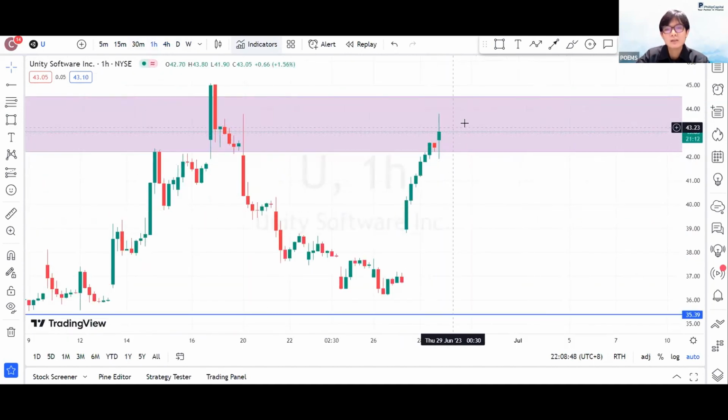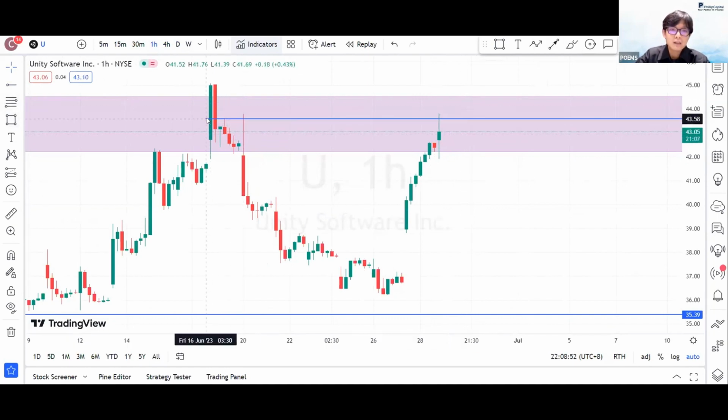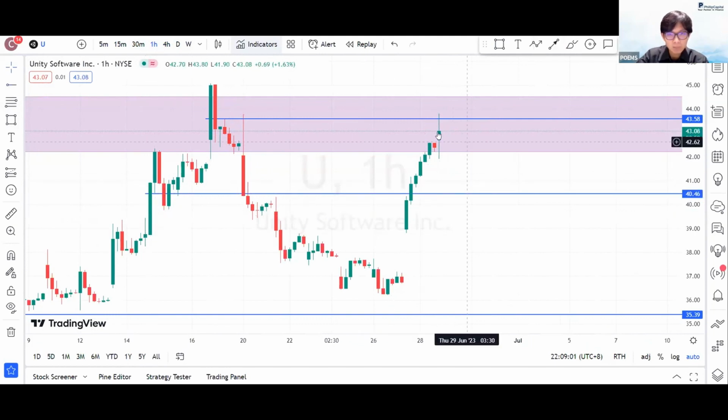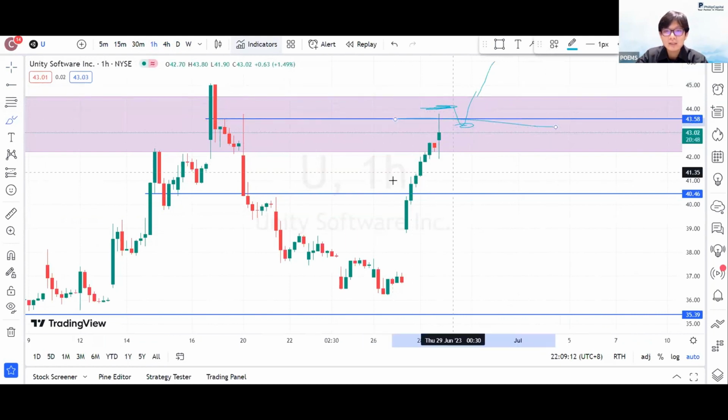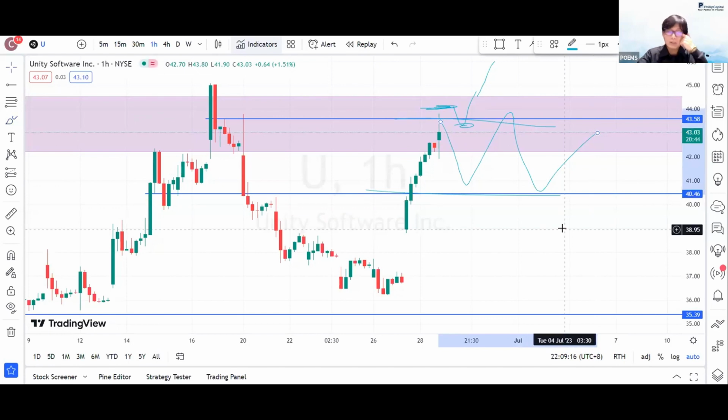But if we look into intraday, the H1 chart, price is still running in this level. The short-term area of supply we have is at 43.58, and price got rejected there. For now, what we are looking to see is whether price will start closing above and create one higher low, then continue this movement, or whether they get stuck in this level and create a range area.